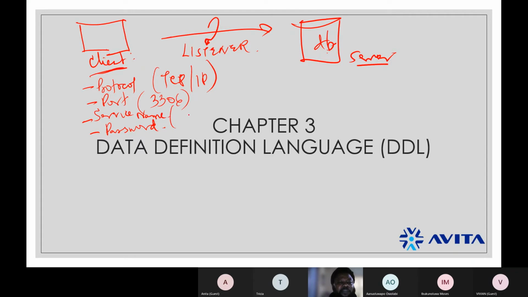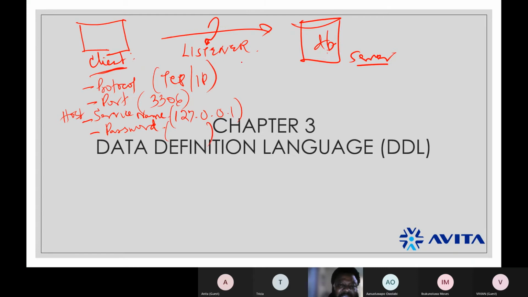The service name is usually like the IP address for your connection, which is also your host. Here, it is 127.0.0.1. And of course, the password.